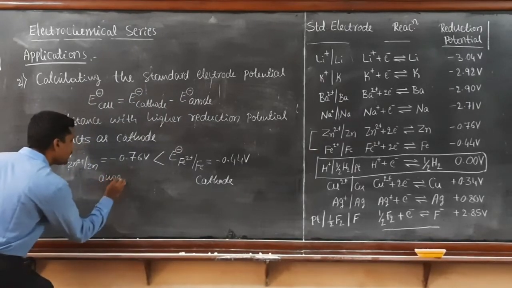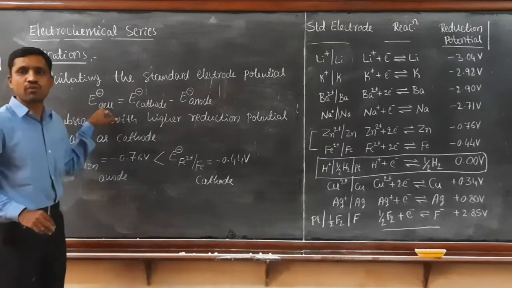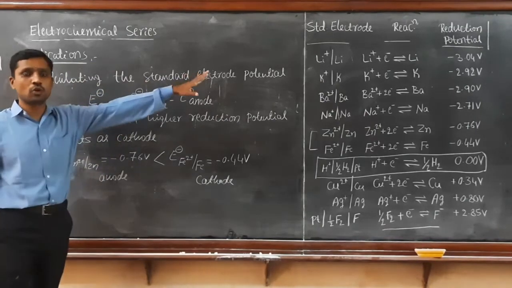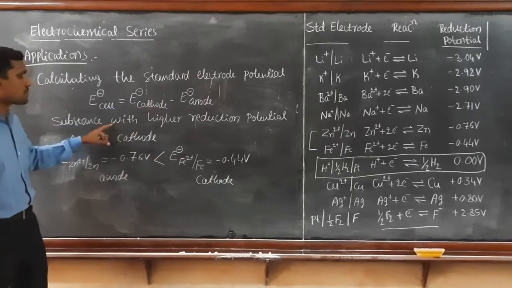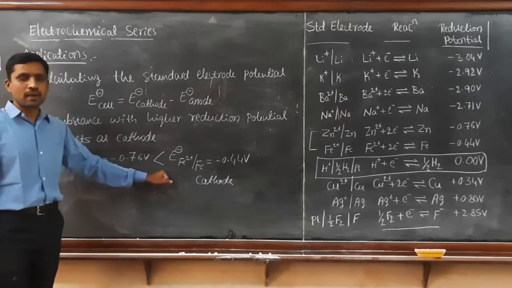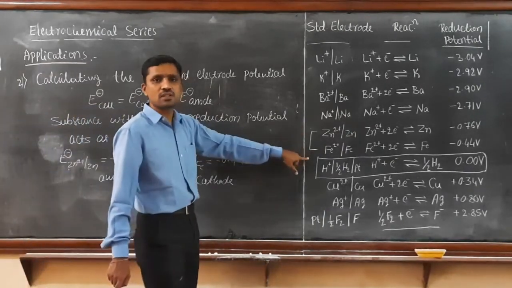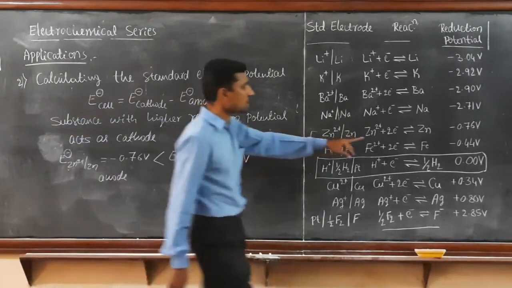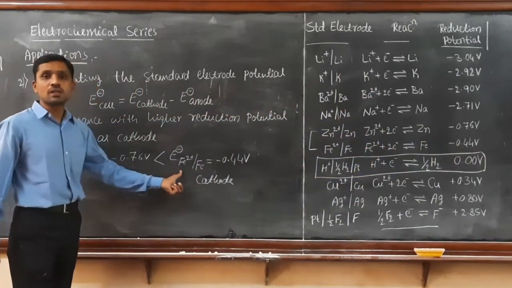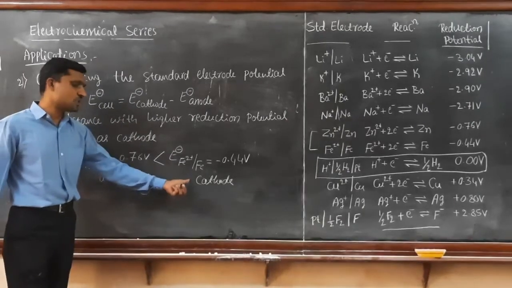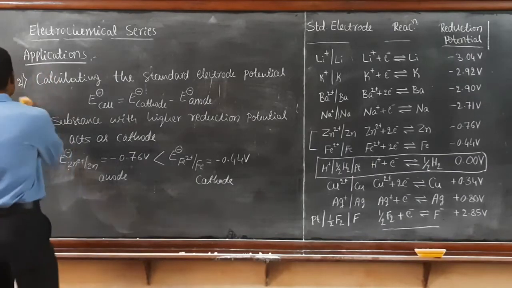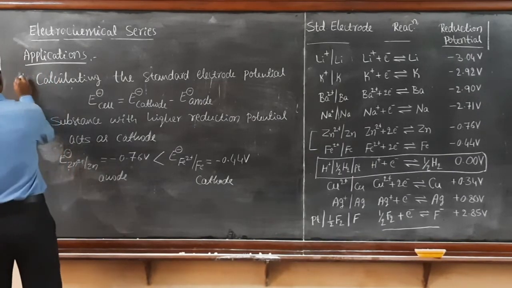So by knowing the values, you can determine the EMF of the cell in this case. Okay. So you can calculate the standard electrode potential by using this formula. So the substance with a higher reduction potential will act as the cathode. Therefore, in this case, by comparing the two electrodes, zinc as well as Fe, Fe has the higher reduction potential. Therefore, this will act as the cathode and this will act as the anode in this case. This is the second application. So the third one is